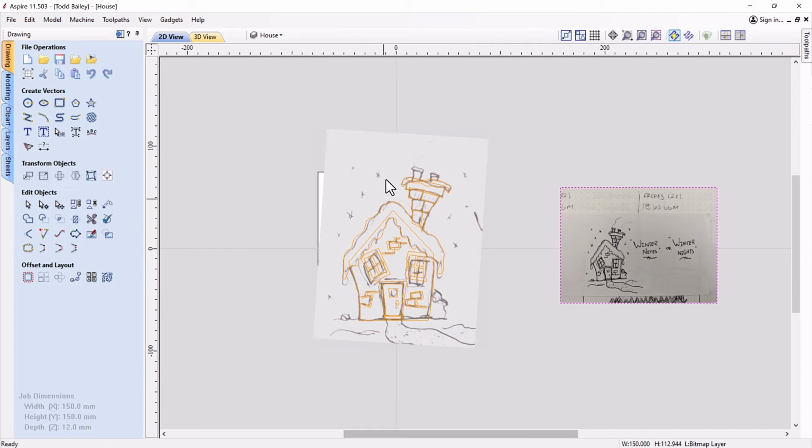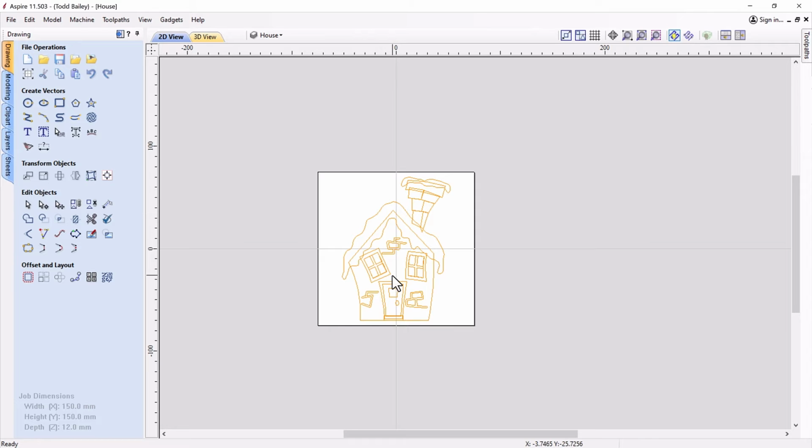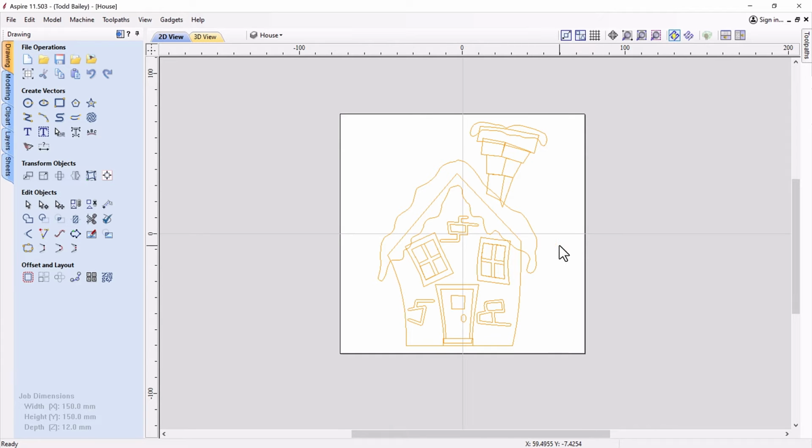I've cropped it and rotated it slightly, and I've gone ahead and created some vectors for us to start modeling from. These vectors were created using the basic drawing tools in Aspire. I hope you all know how to use those, with the help of the new freehand drawing tool to get this nice organic looking snow on the roof and the chimney. These are all nice closed vectors, so it should be really easy to pull together a nice looking model of